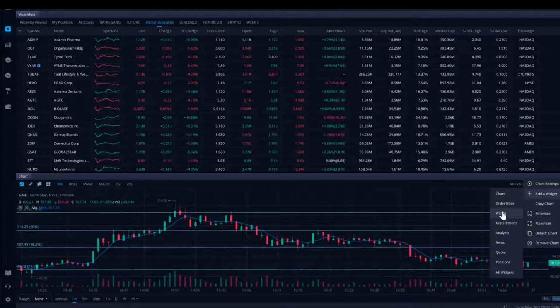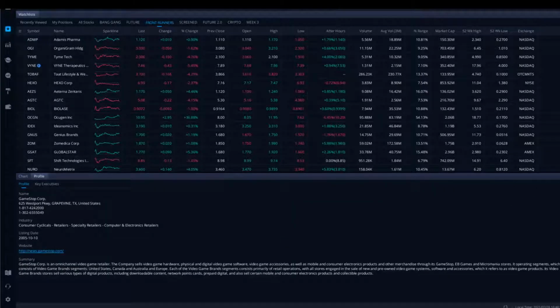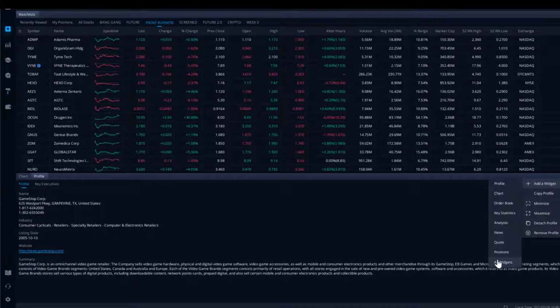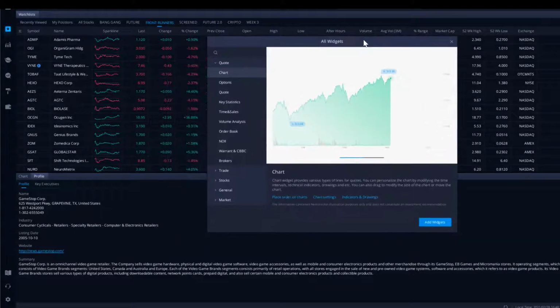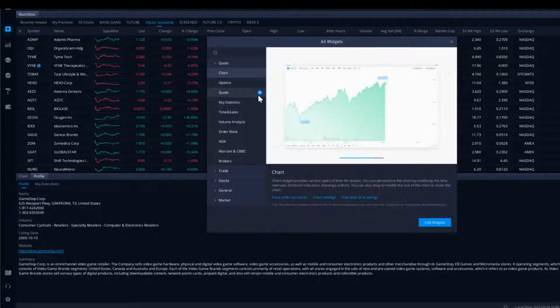We want to see the profile of this company. And when you add it through this box, it adds it to the box instantly. But if we went up here, or even if we went here and said all widgets, to pop this box out here. So now we want to add,